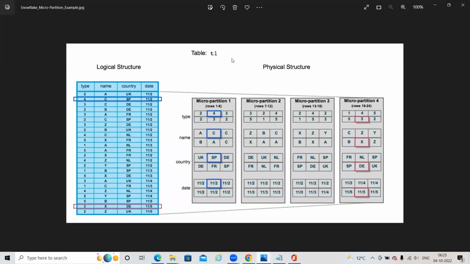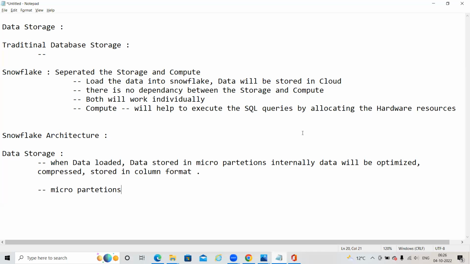When the data is loaded into Snowflake, the data will be stored into micro partitions. This is the structure of the micro partition. When the data is loaded into a micro partition, the data will be stored in a columnar format. See here, the type, name, country, and date. For example, the first row is 2, A, UK, and 112. So this is the columnar format. We will see why they store data in columnar format, and then we will discuss further advantages of that columnar format.